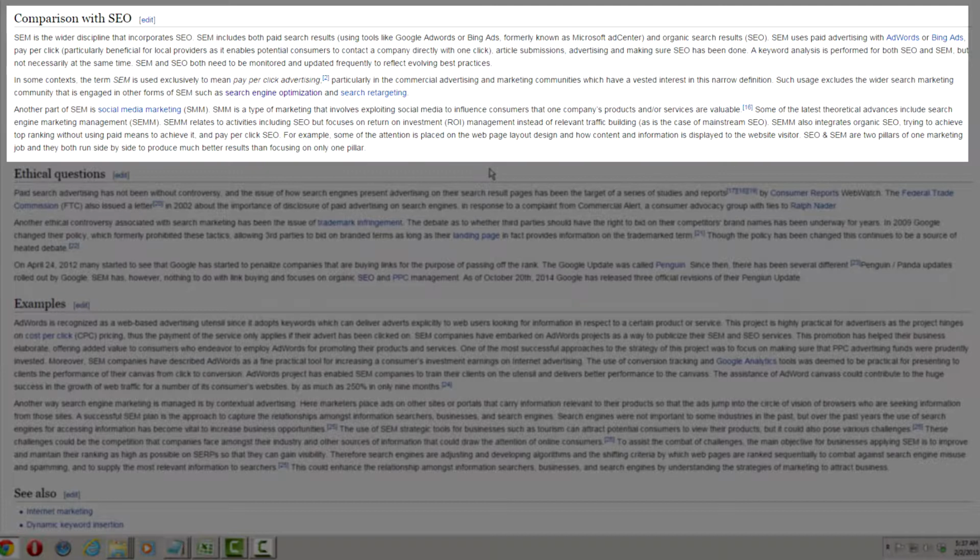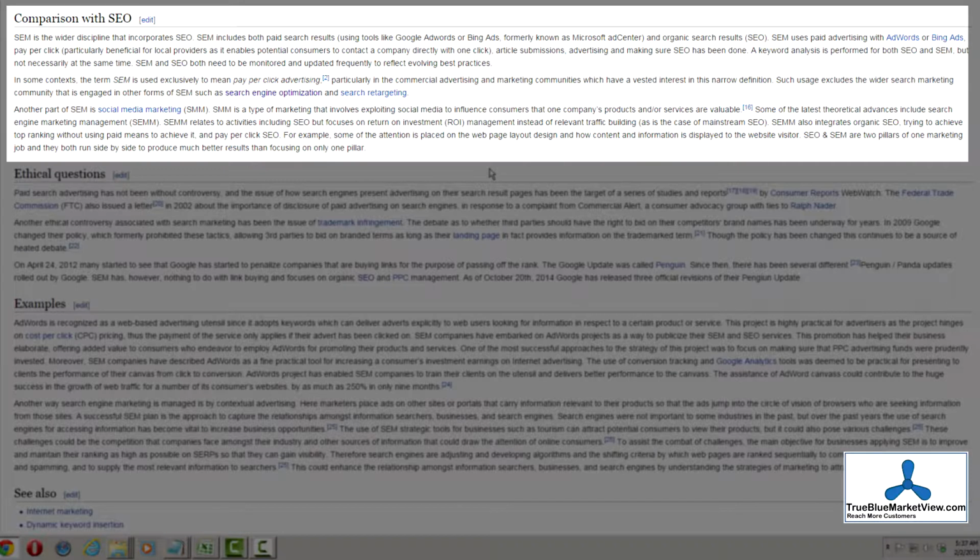SEM uses paid advertising with AdWords or Bing Ads, pay-per-click, article submissions, advertising, and making sure SEO has been done. A keyword analysis is performed for both SEO and SEM, but not necessarily at the same time. SEM and SEO both need to be monitored and updated frequently to reflect evolving best practices.